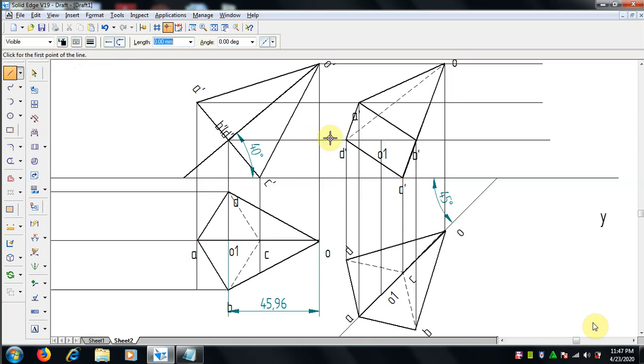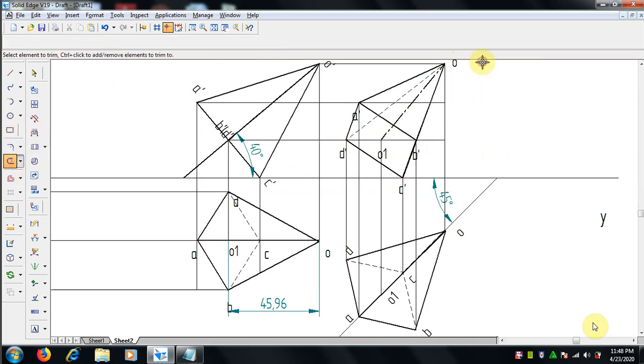By using axis line, join O1 with O. By using axis line, join O1 with O dash. Trim unwanted lines.